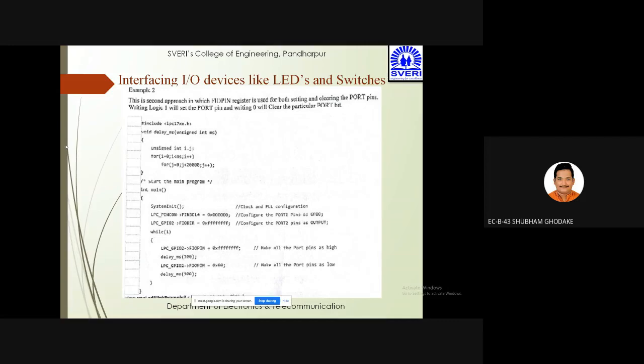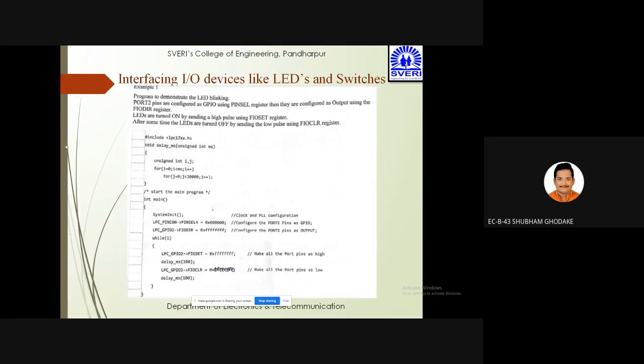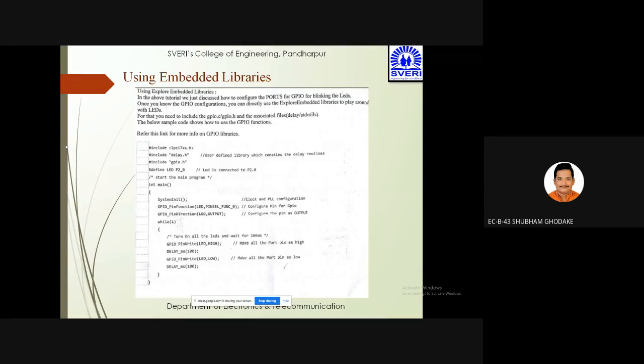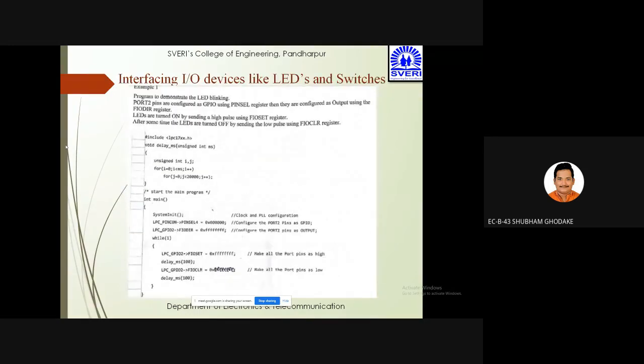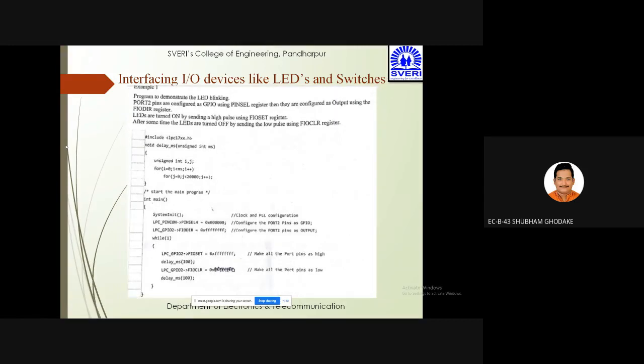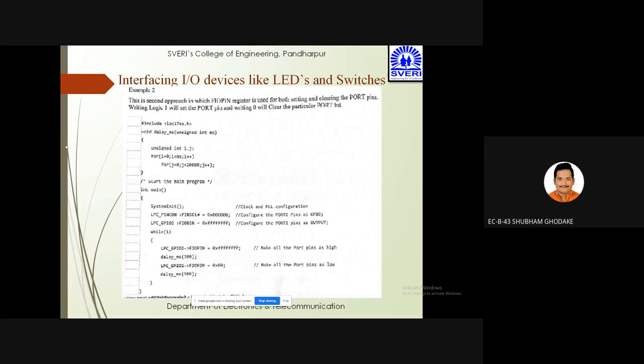In the second loop, you can see that instead of using the GPIO, यहाँ पर देखो क्या किया, यूज किया था, यहाँ पर GPIO2 यूज किया था, है ना। सो फर्स्ट वाले केस में हमने कॉन्फ़िगर किया GPIO को। अगेन इन द सेकंड पोर्ट टू हमने फिर से एक बार उसको कॉन्फ़िगर किया। बाद में आगे देखो इसके आगे क्या लिखा है, हाँ, the FIOSET. अब FIOSET की जगह पर आ गया FIOPIN, दैट इज मेकिंग ऑल द पोर्ट पिंस हाई। बराबर। अब सेकंड केस में FIOCLR है, तो FIOCLR की जगह FIOPIN यूज हुआ है।